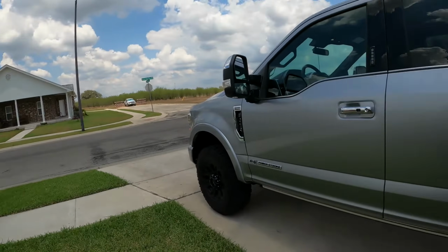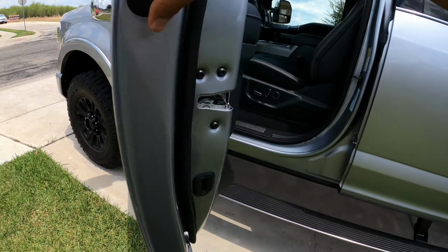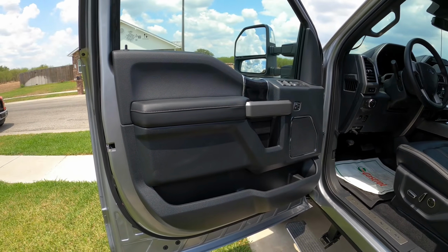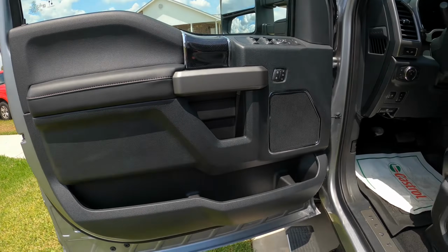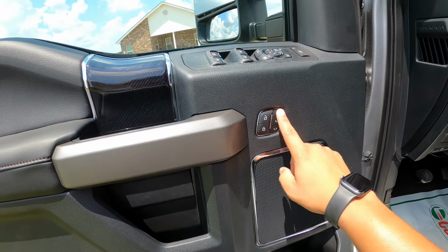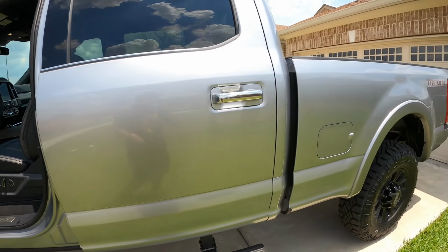All right, so we will jump into the interior of this truck. Like I said earlier, it does have the keyless entry where you just put your hand behind the handle and it unlocks the truck. Does have the automatically folding down amp steps, but this truck is black interior. They still have the black wood grain here. It's got the black leather here, the black style interior there, and it's got chrome emblem outlining there. This truck does actually have 3 presets for the seats, which is super nice. But going into the back seat,